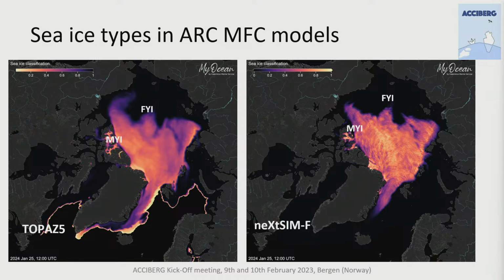Here from two different models, so Topaz 5, which is based on the ice model, and NextSim, which is a very different type of sea ice model. And that comparison is fresh, it's from last week. The same comparison last year would have looked very different, but the gap between these models is closing progressively. So what we see here is that there's multi-year ice, mostly where you expect it to be, and